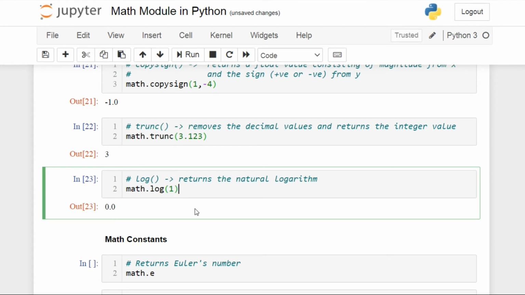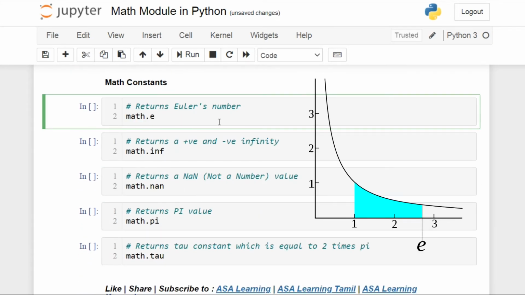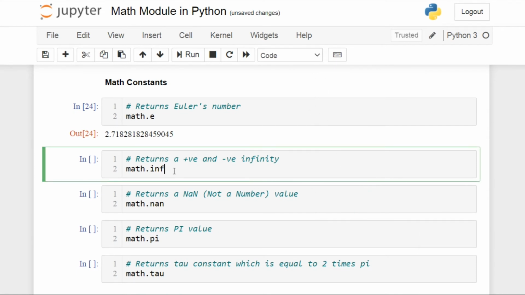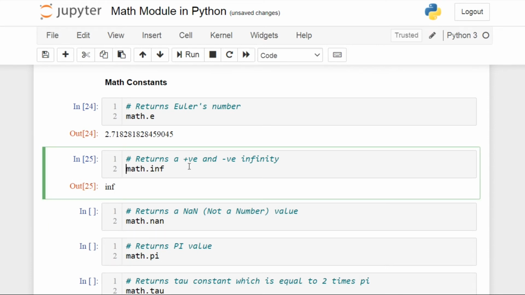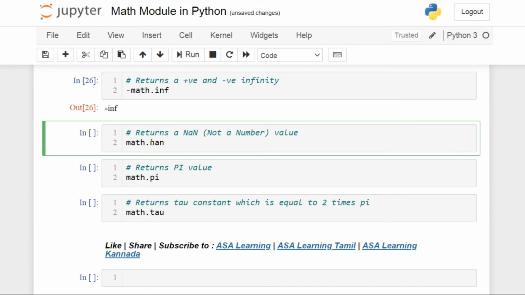In this math module, we do have math constants to be readily used. So let's see some of the math constants that are available. math.e returns Euler's number, which is the exponential. You will get 2.718, which is Euler's number. And you can also return positive and negative infinity values. So this is positive infinity, and if you want to return negative infinity, you can return it using the math module. And if you want to return a not a number value,